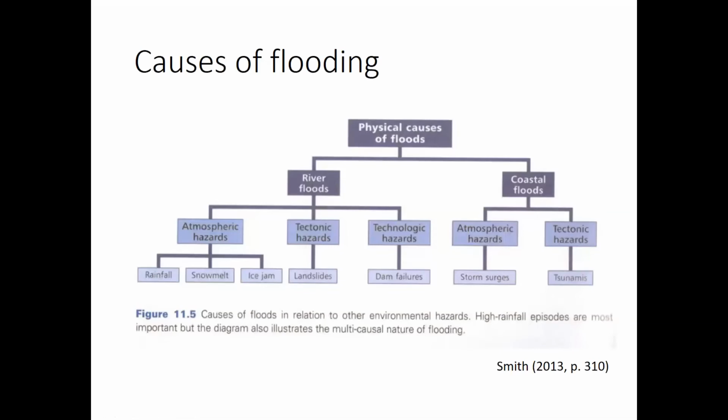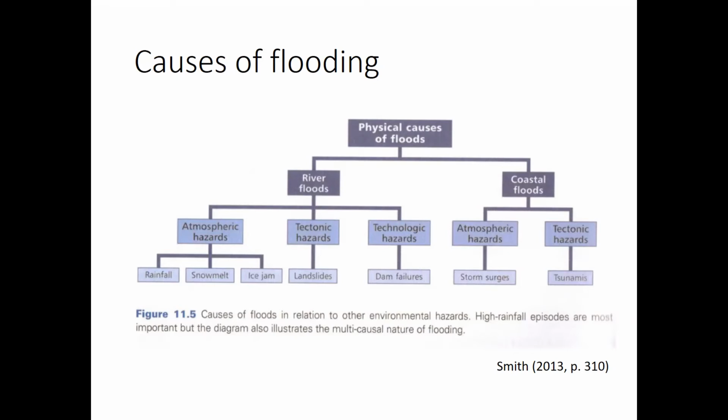I'm really pleased that Josh mentioned some of this earlier, because I intentionally was going to have a disclaimer here saying that I wasn't going to talk about some of these different causes of flooding, particularly around tectonic causes and floods that can be a secondary hazard following an earthquake or a landslide and so on. But this overview diagram shows the key causes, or the principal causes, of flood risk in terms of the physical causes. And we can broadly break these down into river and coastal floods. And I'm going to talk about flooding from excess rainfall as a separate category later on.